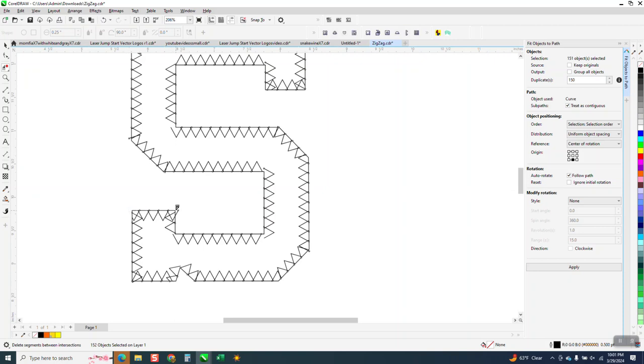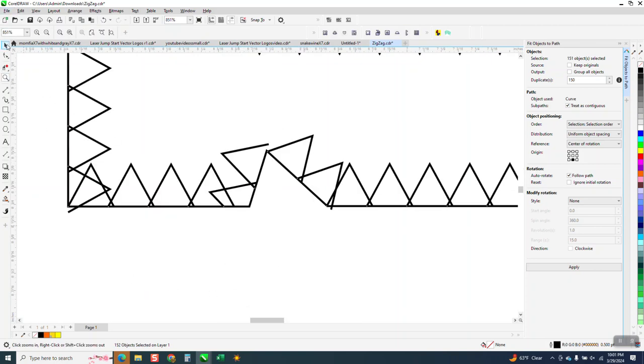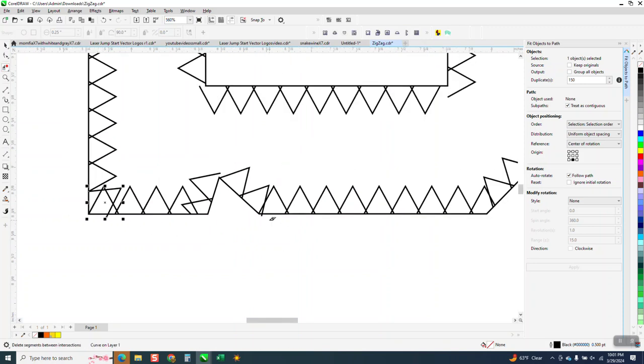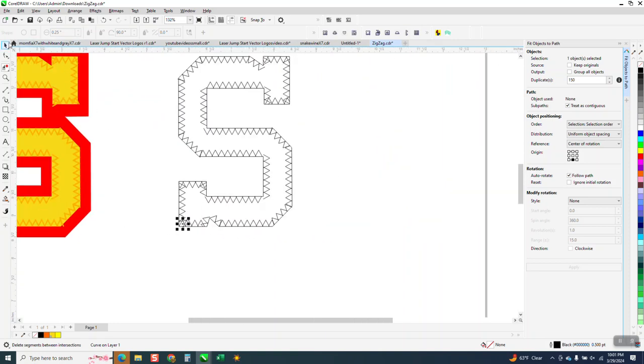And then, what I do like about Object to Path is you can move things around. You don't have to go with what Corel did. We could take this one right here and rotate it a little bit, and have a different look. Just whatever you think, but I would still cut that off. Then I would call that good. Now what we're going to do is move our path away